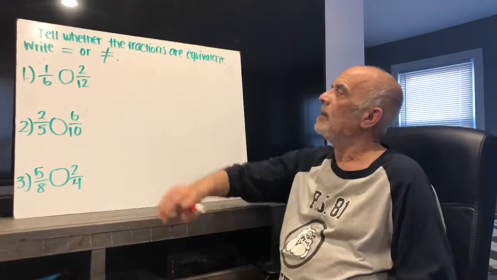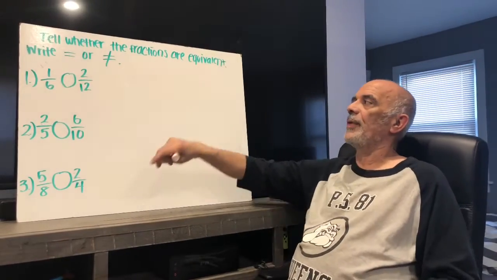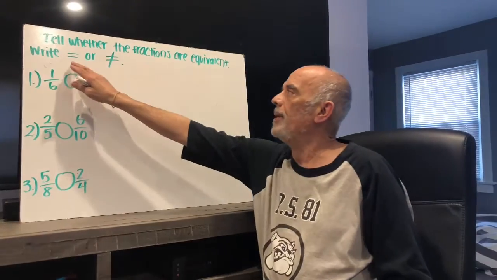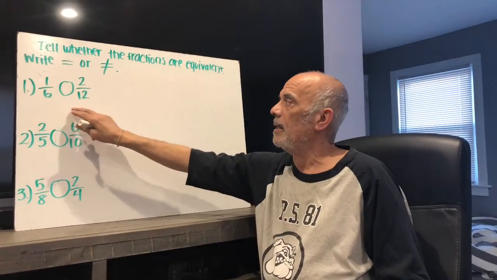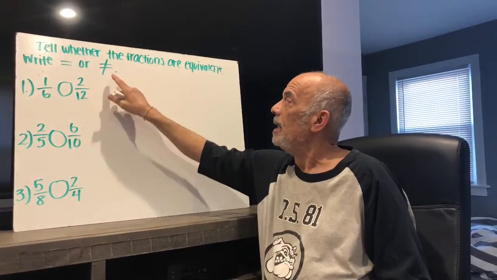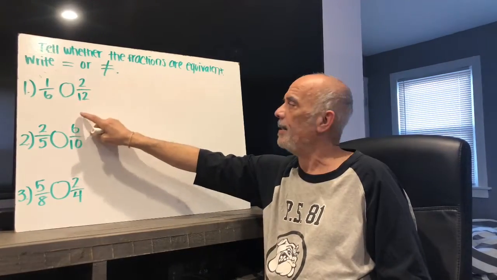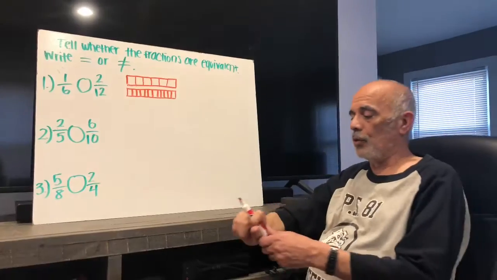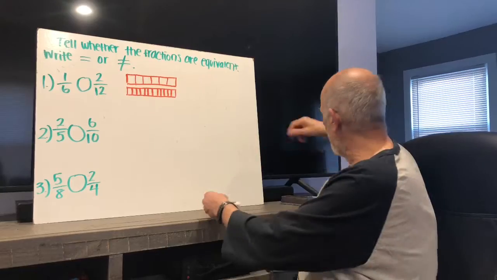So now, let's try to tell whether fractions are equivalent. And we're going to be using the equal sign if the fractions are equivalent, and the not equal sign if they are not. So, we have